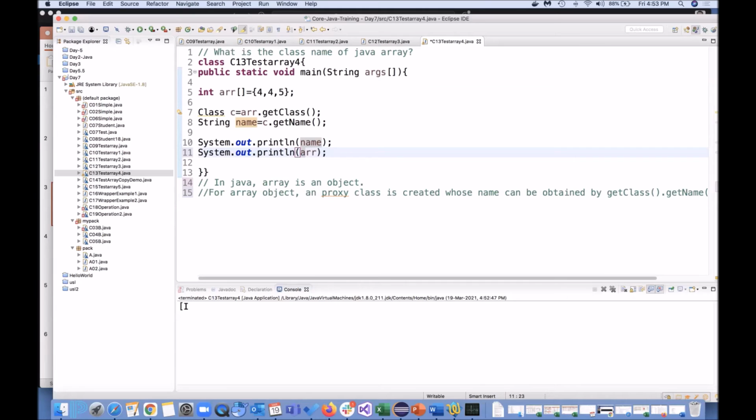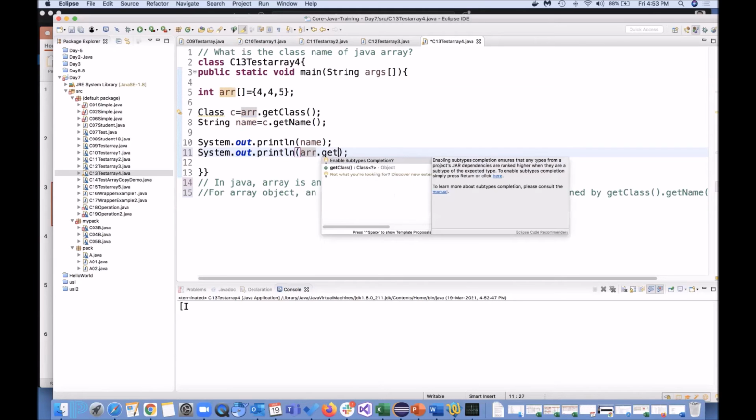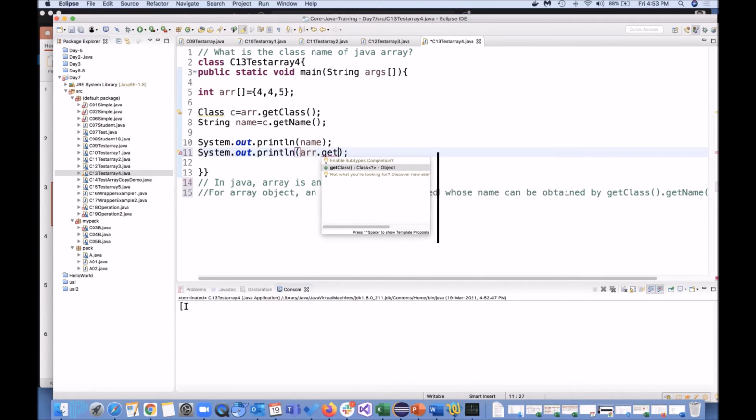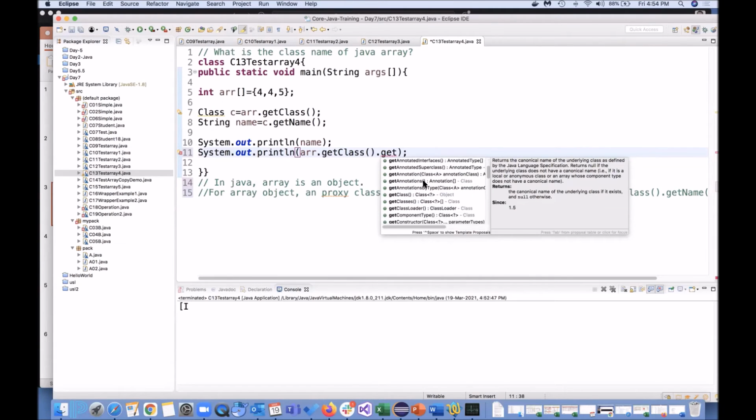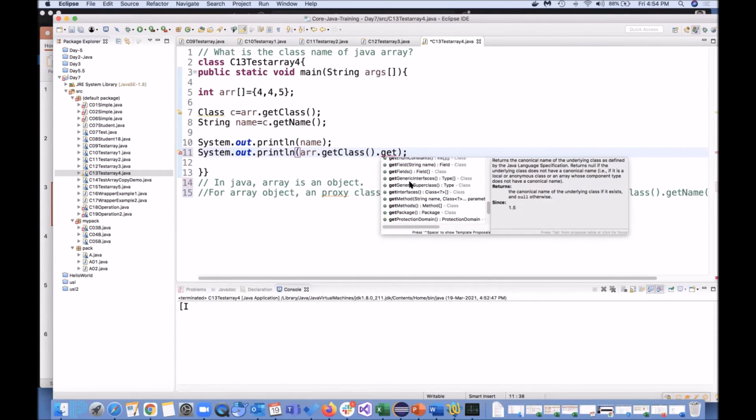Array dot getClass dot get. getName is there, getSimpleName is there, getType, getAnnotation, getClass. So you can see all things, getPackage, getResource. So all these are predefined.